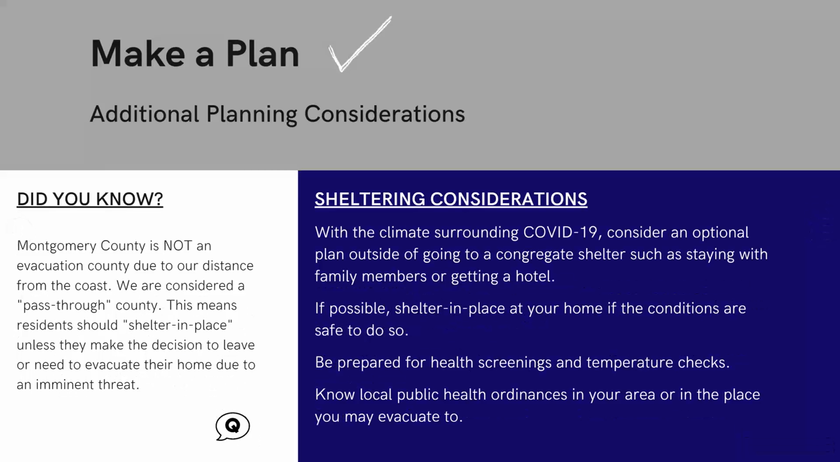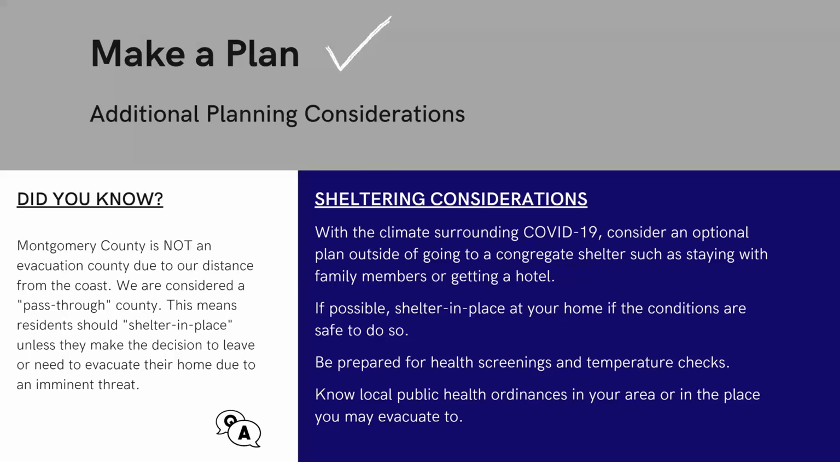And then other planning considerations. So Dan mentioned this briefly. Montgomery County is not an evacuation county due to our distance from the coast, so we don't get that threat of storm surge, which is one of the many reasons that those coastal counties will often evacuate. We're a pass-through county. So this means we want our residents to shelter in place,